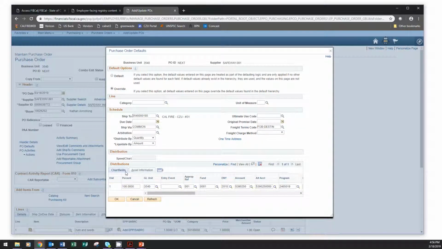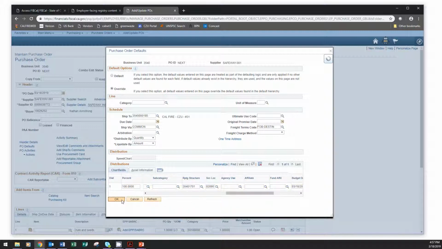Moving down the page, here in the chart fields, the default is set up to go 100% to 02090, CZU's reporting structure. If that's what you want, you're all set. Click OK. If that's not what you want, you'll need to change the reporting structure to your unit or change the coding to be the coding that you want for this purchase. If you want some help with how to code or split code subsistence, please watch the subsistence purchase order video. In this case, I do want 100% of the price to go to 02090, and this is CZU, so I